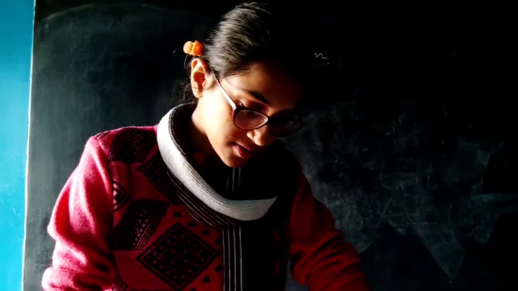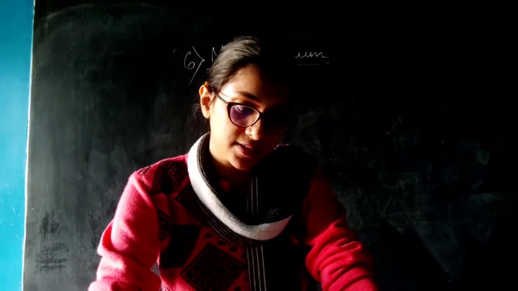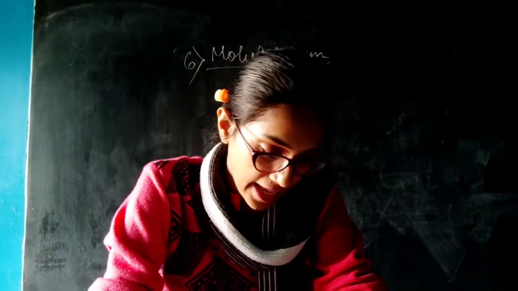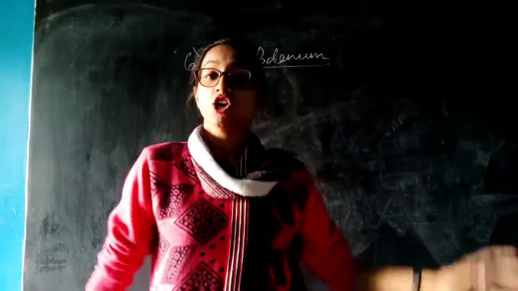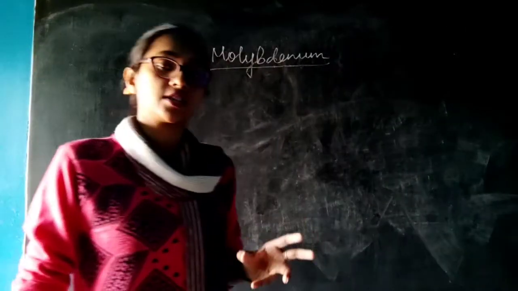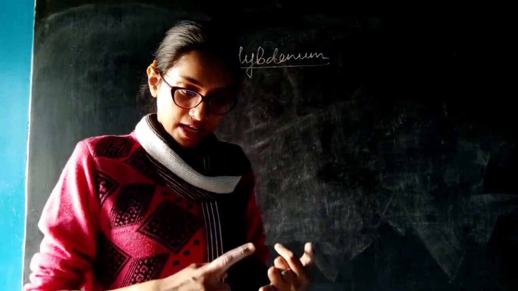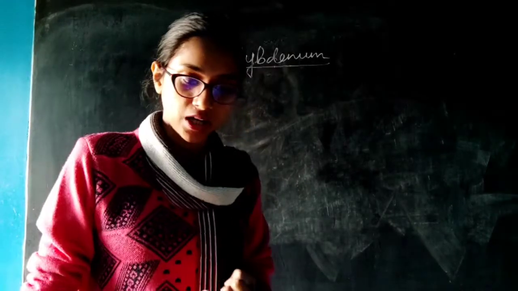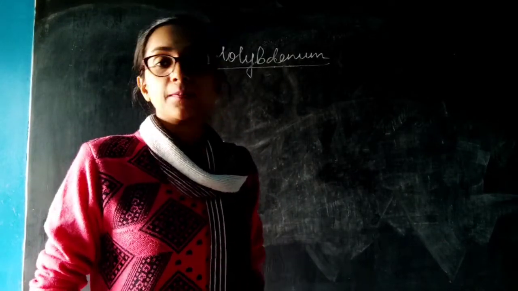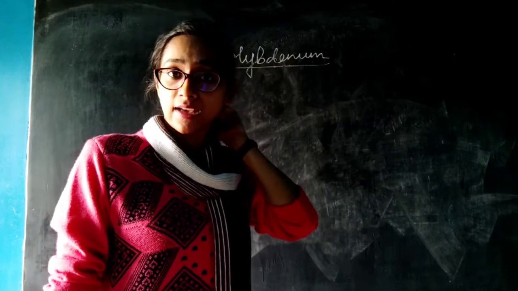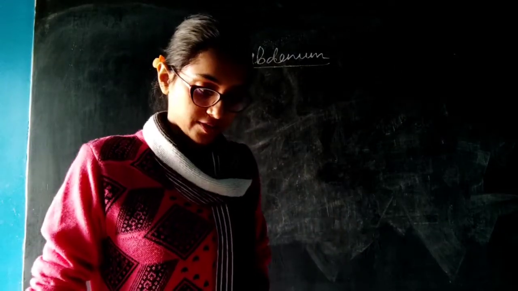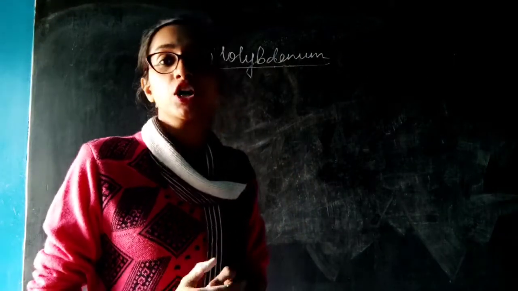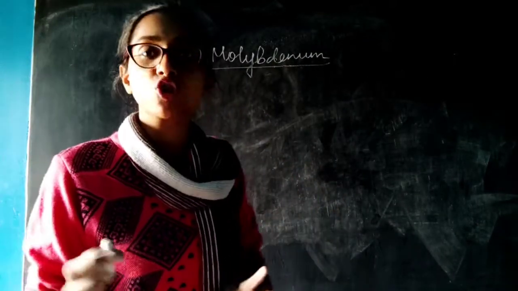Okay. So the first role in case of plants is that it takes part in nitrogen fixation, nitrogen reduction, etc. It acts as an activator of enzymes. So these are the functions of molybdenum in plants. It takes part in nitrogen fixation, nitrate reduction, as well as playing an important role as an enzyme activator. In case of animals, it helps in conservation of uric acid. It helps to conserve it.